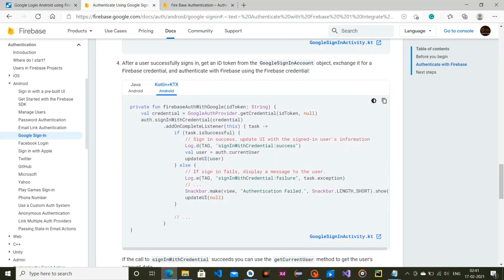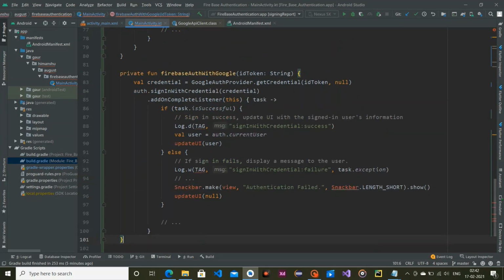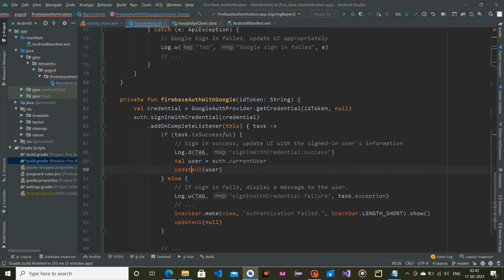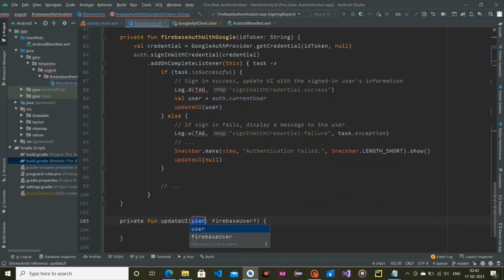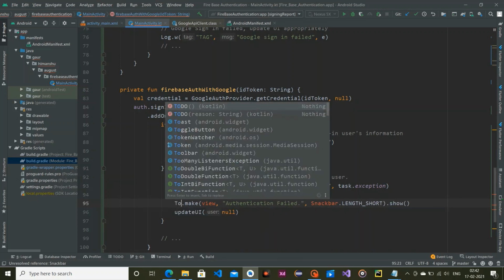Now copy this particular code and just paste it below. Now create this updateUI, and yes, everything is fine, press enter. I'm not using a Snackbar, I'm using a Toast.